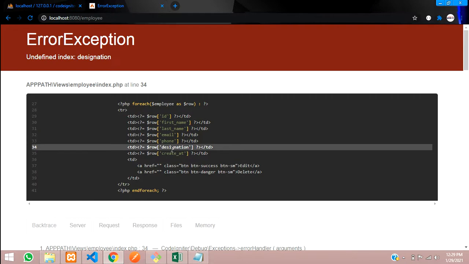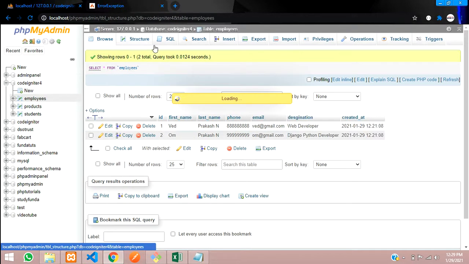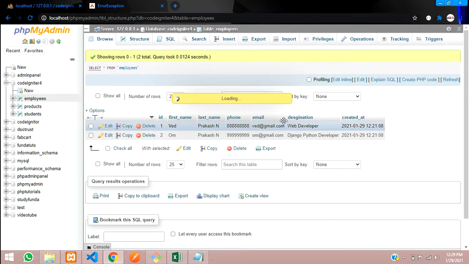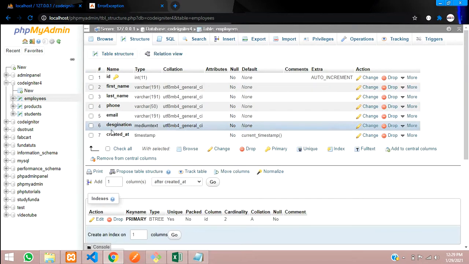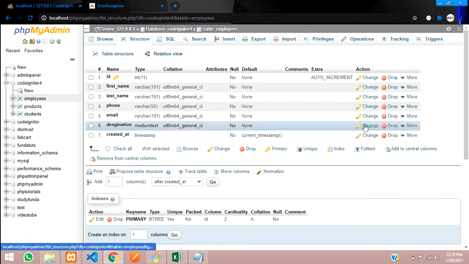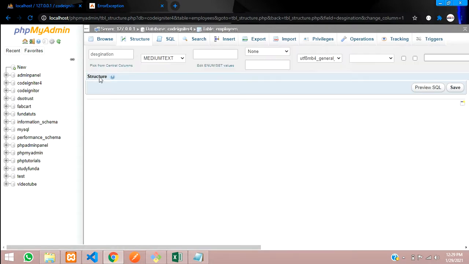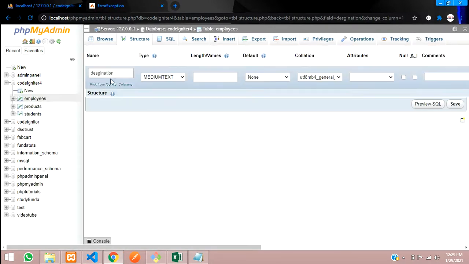Okay, so something is missing there. Undefined index, why? Spelling mistake. What is the designation? The spelling is wrong over here. So let's recorrect this. Designation spelling is wrong, so let me just change this. Okay, let's change this variable name, I mean column name, designation.